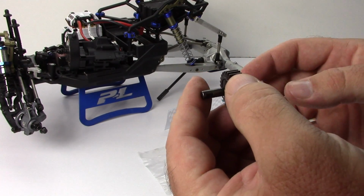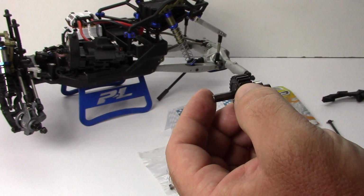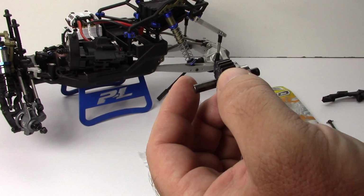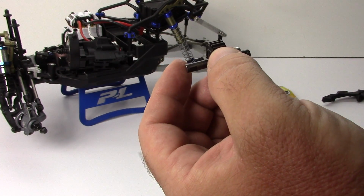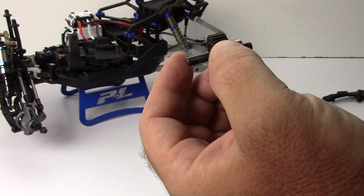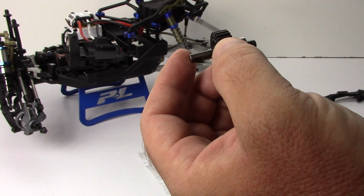So that's the only downfall that I see to it. But after speaking with MIP in depth about drive shafts and set screws versus the through pin, they definitely prefer the set screws because it gives you a complete design where it's actually capturing that axle or that stub